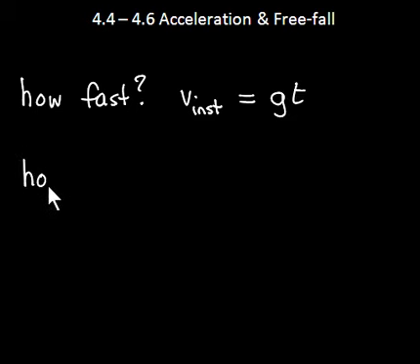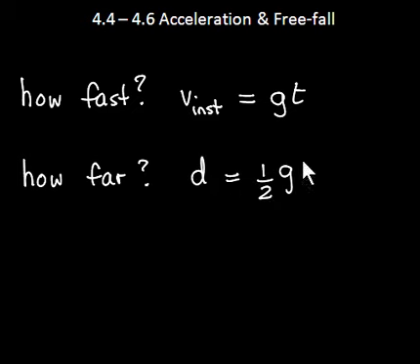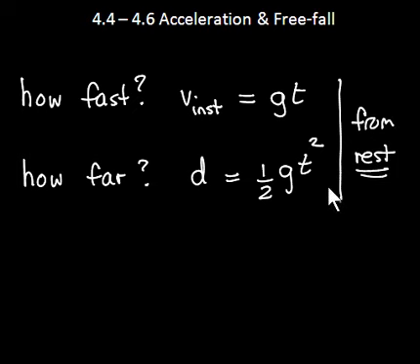The other question you might want to ask is, how far has it fallen? And the distance it's fallen is going to have been 1/2 g times t squared. Now these equations both apply to an object dropped from rest with an initial velocity of 0. If that initial velocity v0 is not 0, the equations get a little more complicated. We have to include the initial speed, and then we get that the instantaneous speed at the end is that initial velocity